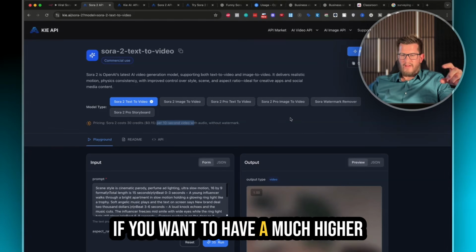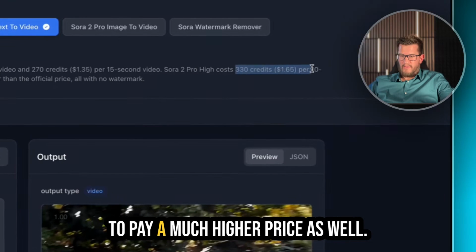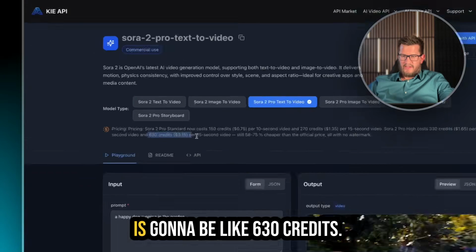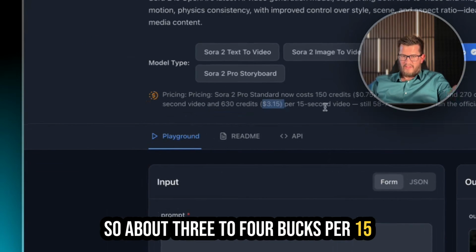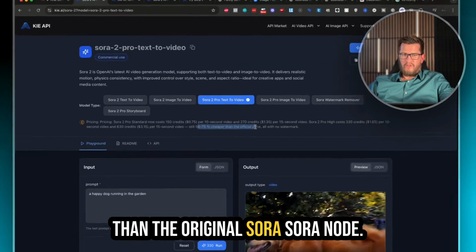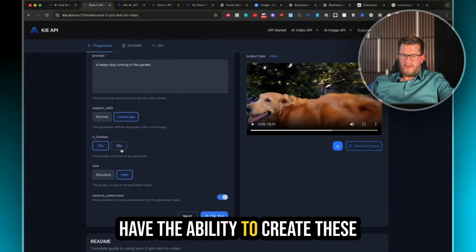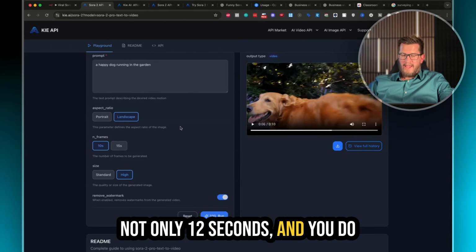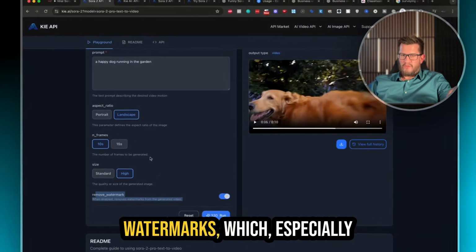If you want to have a much higher quality video, but also are willing to pay a much higher price as well, it's going to be this one that is going to be like 630 credits, so about $3 to $4 per 15-second video, which is still cheaper than the original Sora node. And you also have the ability to create these videos in a 15-second length and not only 12 seconds. And you do also have the possibility to remove the watermarks,